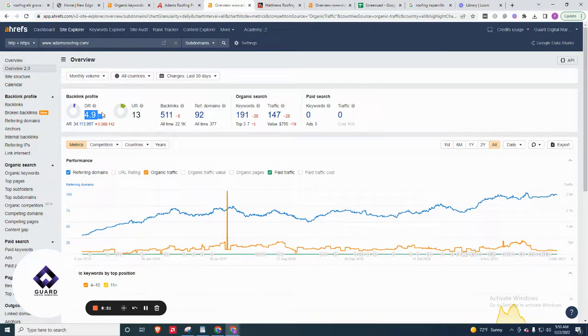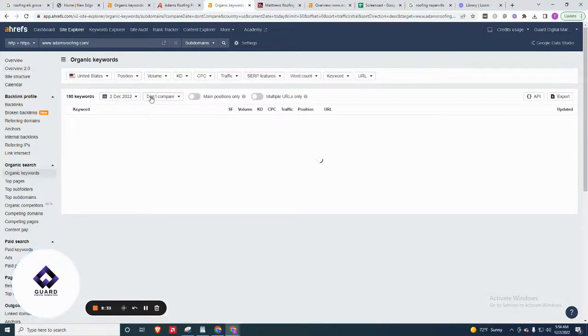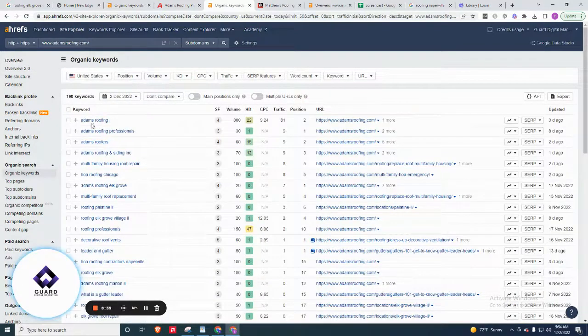So Adams Roofing, we can see their power and trust ratings. You're killing them when it comes to that, right? So theirs are much lower than yours. They do have a lot more keywords though, and they are bringing in more traffic just because of the amount of keywords that they probably have. Now, if we look at their keywords, obviously they're getting most of their traffic from their company name here too. Theirs is 800 searches per month. That's definitely going to be